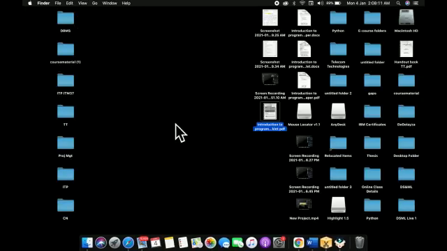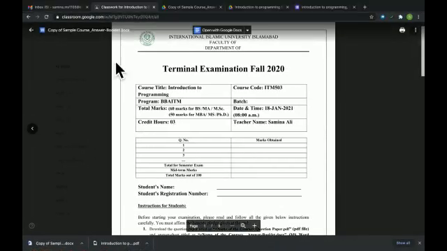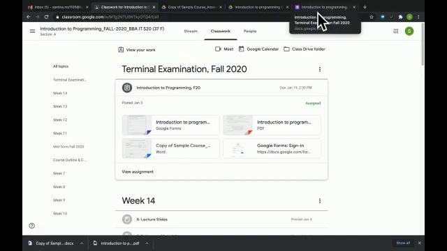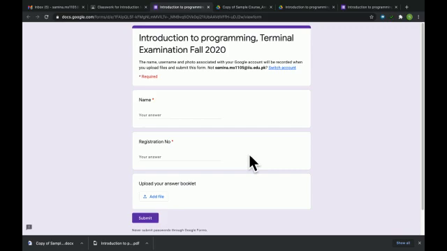Okay, so now I need to upload this answer booklet on this Google Form, the form which I have already opened in my browser. If you have not opened it previously, then you can just go and click on Google Forms sign in. If you have already signed in from your IIU email account, it will directly take you to the form page. Here you need to write your name. Your name is, for instance, Mizra. Registration number 1105 FMS, BBA IT.